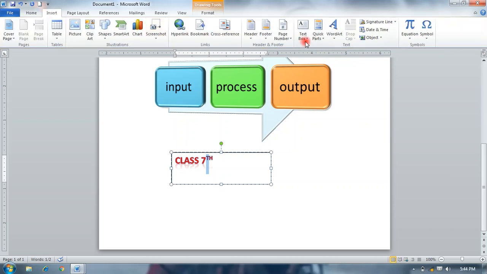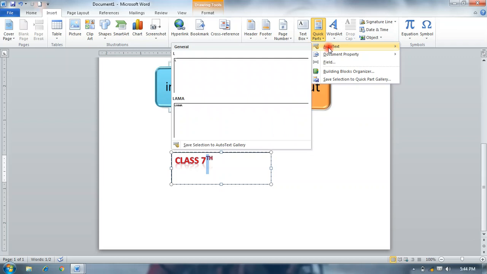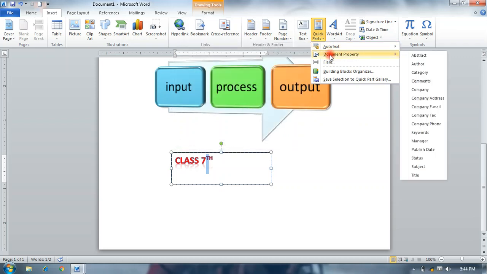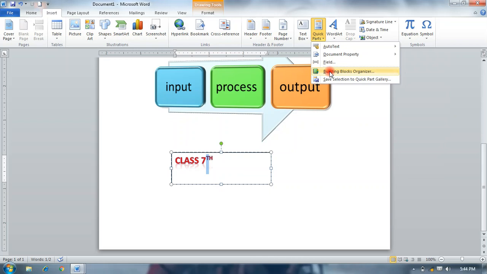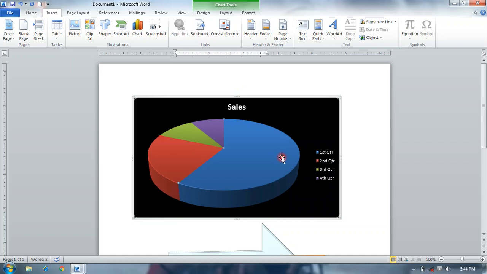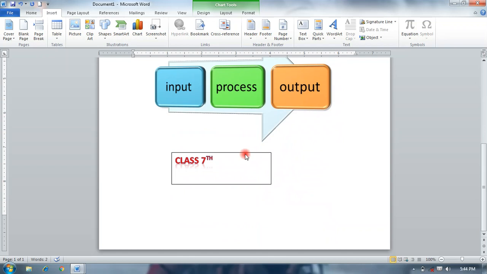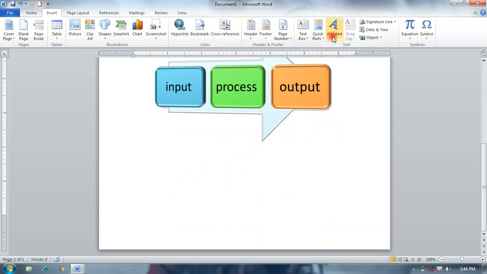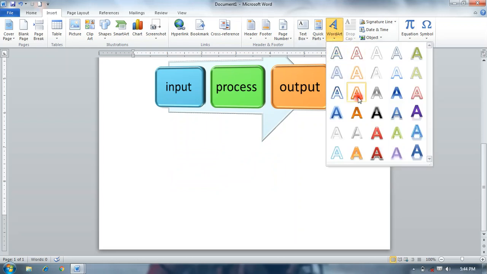After that are quick parts: auto text, document property, field, building blocks organizer. These are the other options which are applied as required. Now word art. Word art has different types of word art styles which are used to type your text in design form.